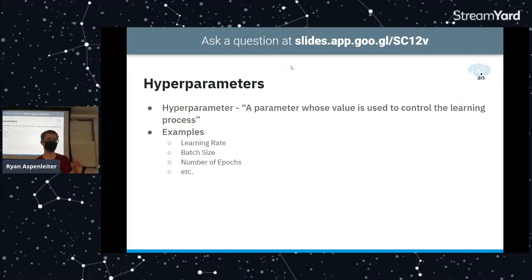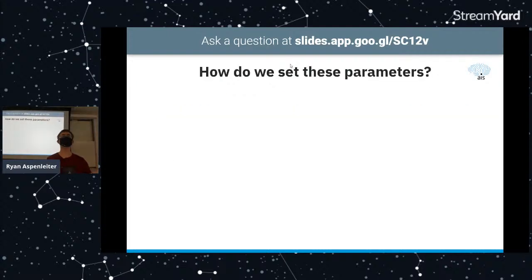And for that segue, how do we set these parameters? It can vary a lot between each type of data set you're working with and any kind of model, so there's not really any obvious intuition as to what's best at first. There are really two options.